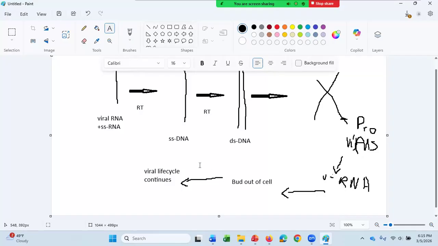All right, any questions about retrovirus? This is the main point of showing you: retroviruses make double-strand DNA from viral RNA. It does it in two steps, first making single-strand DNA, and I don't think your book talks about that. Making first single-strand DNA and then making double-strand DNA, from the reverse transcriptase acting on single-strand DNA.